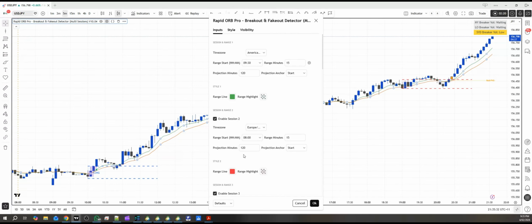This indicator has three sessions. One session is on by default, because you have to have at least one session, otherwise the whole indicator breaks down, because what is it going to find the break from? It has to have a zone first, and you can add the other two sessions, so it can be done by your choice of sessions. That's not an issue. Main thing, we go from over here, so all the sessions are coded with